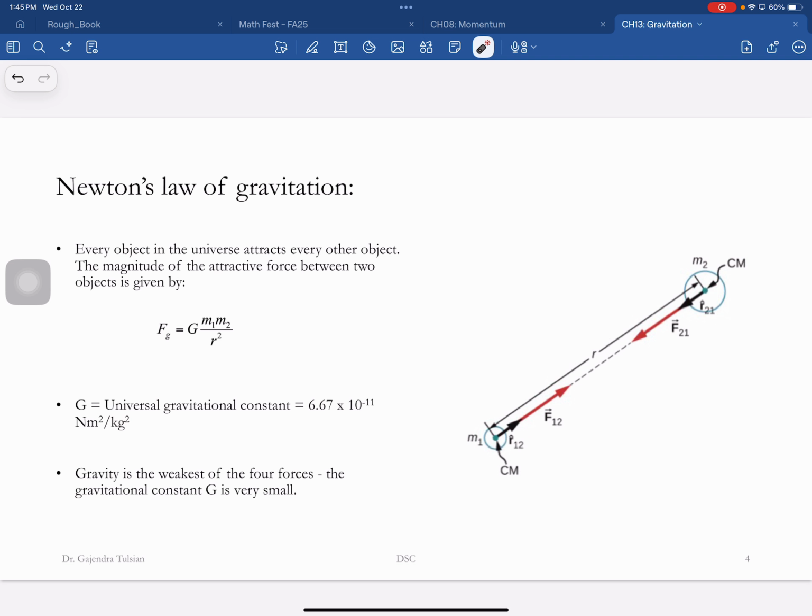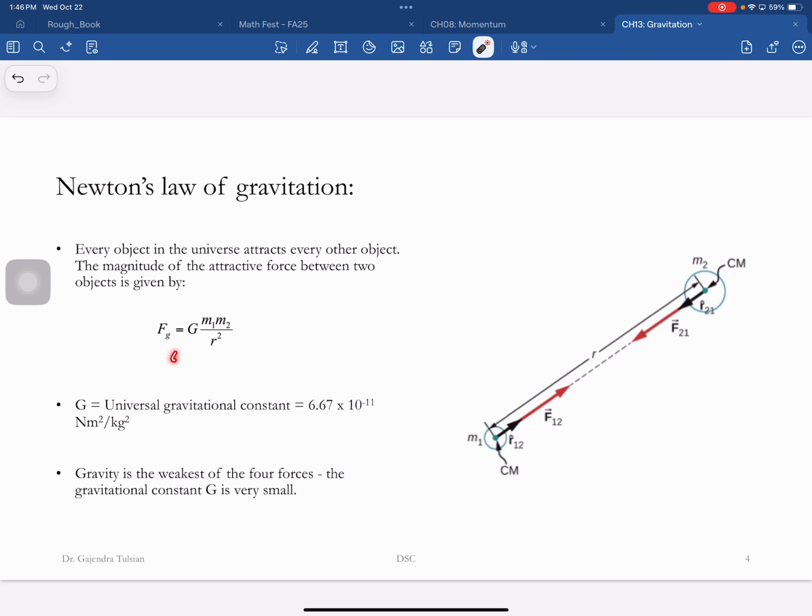So if you want this force to be noticeable, at least one of the masses had better be large. For instance, the gravitational force between 2 people sitting next to each other is roughly equal to the weight of one of your hairs. That's why you don't fall toward each other. But if one of the masses is Earth, then you can get on the table and jump off the table and you'll fall toward the Earth. So this constant is very small.